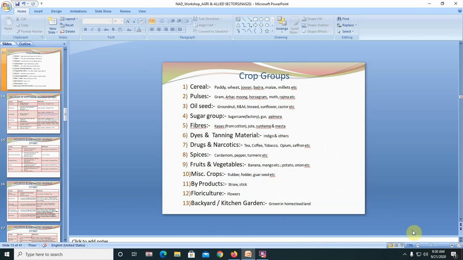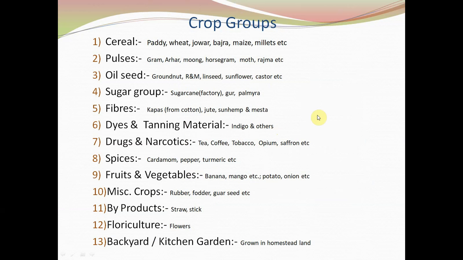These are the crops under sugars. Fibers, we are taking kapas from cotton, jute, sunn, that is sunn, and mesta. Dyes and tanning material, for this we are taking indigo and other crops. For drugs and narcotics: tea, coffee, tobacco, opium, saffron, these are drugs and narcotics. Spices: cardamom, pepper, turmeric,